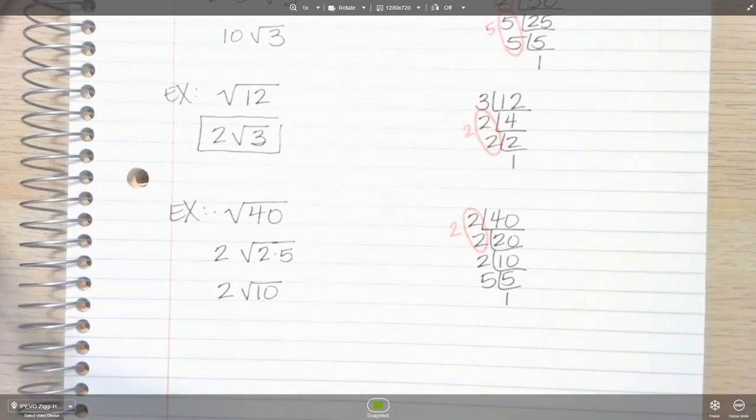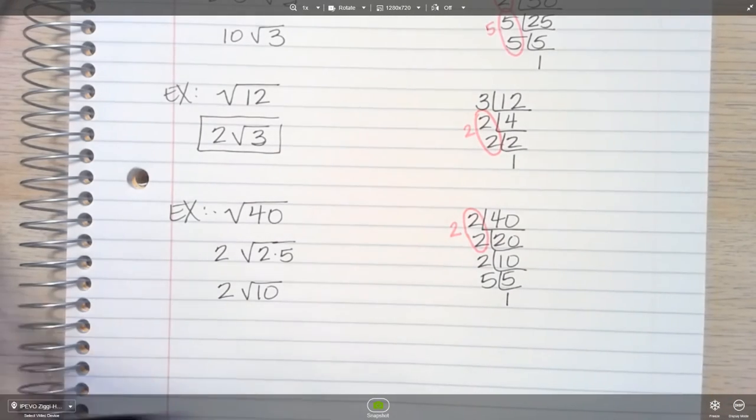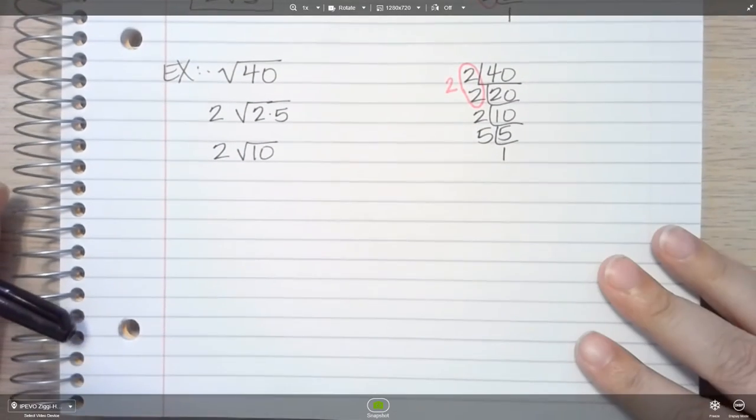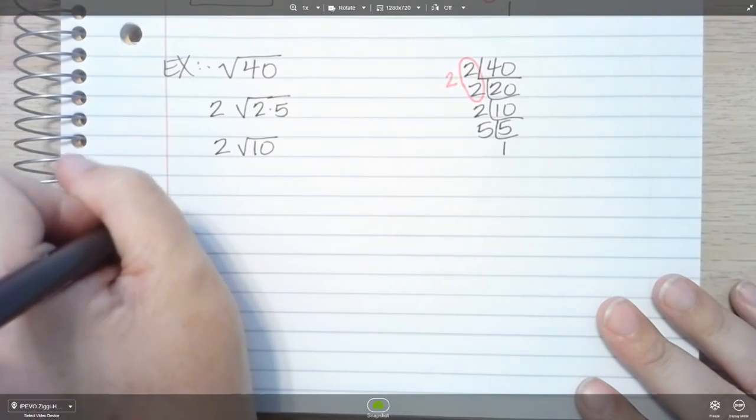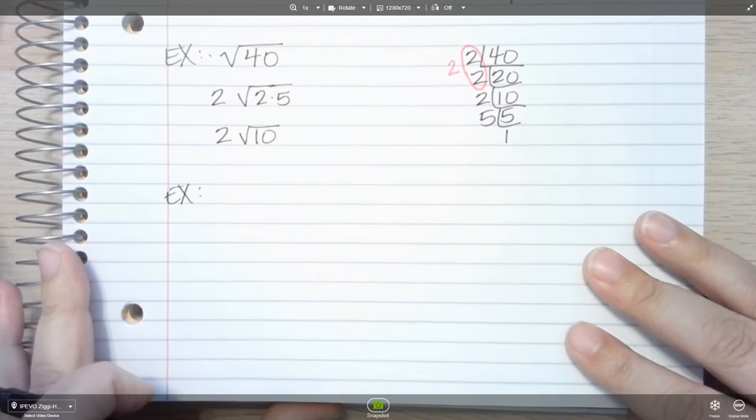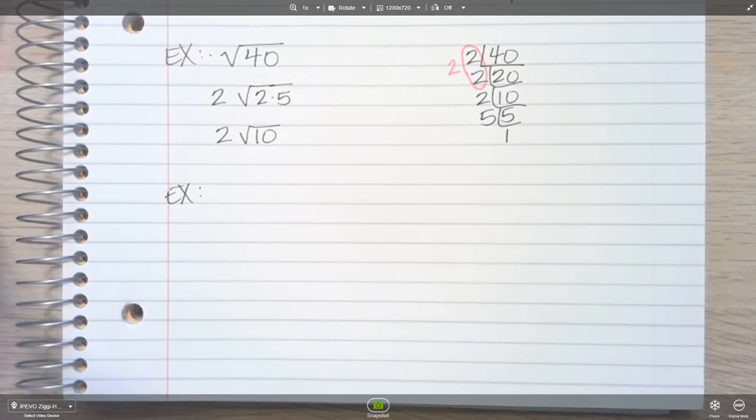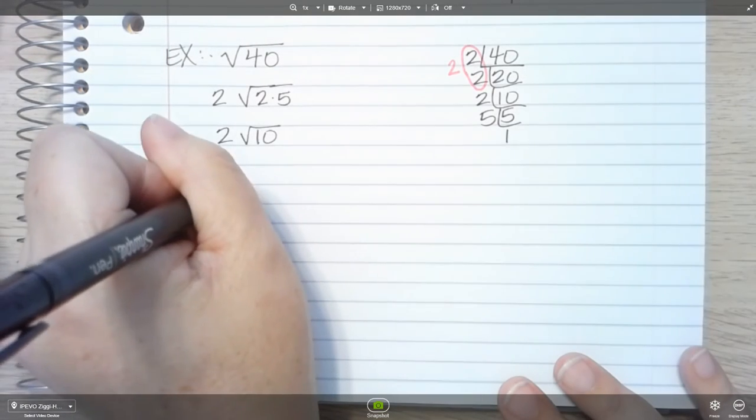All right. Let's do one more. If you've got additional examples that you'd like to show me or ask me to do, I'll be more than happy to do those. So let me think of a good number off the top of my head. Oh, I know what I can do. All right, the square root